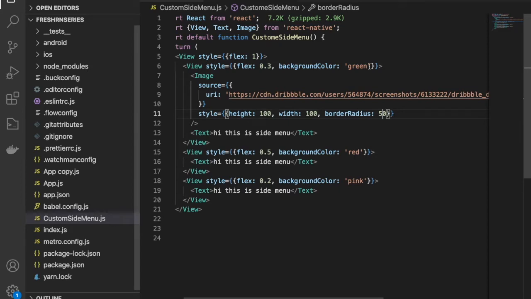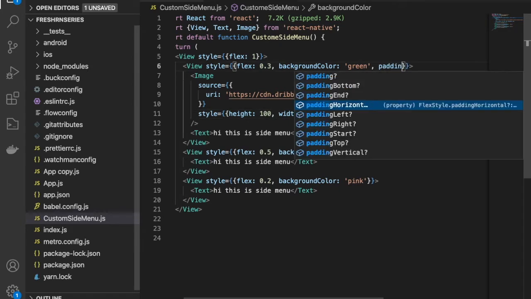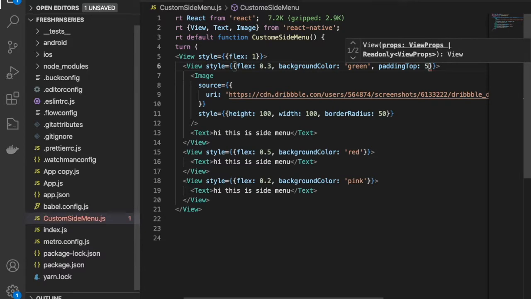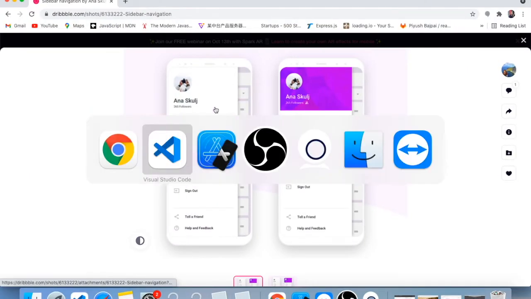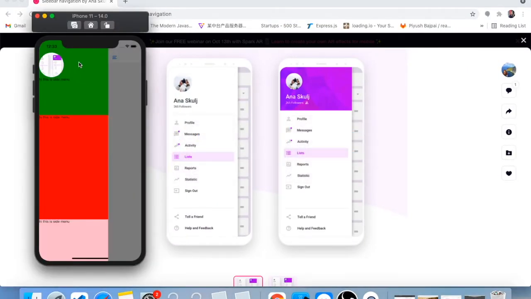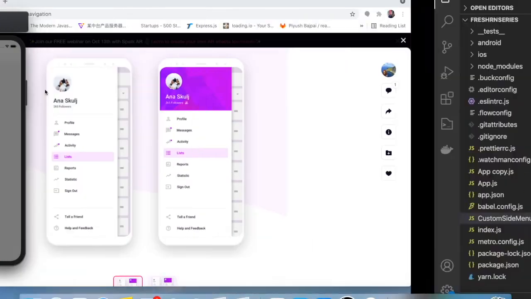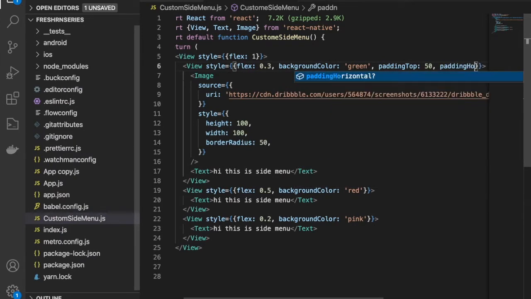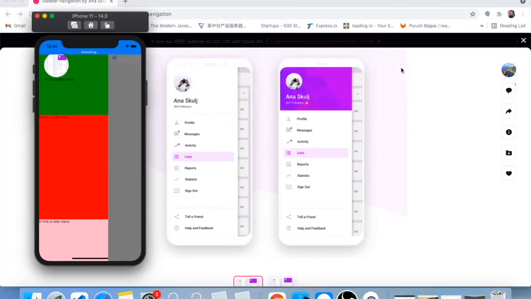So just give some padding from the top, padding top, let's say 50. Here you can see some gap from the top, and then I want to give some space from left, so I will use padding horizontal, let's say 20.